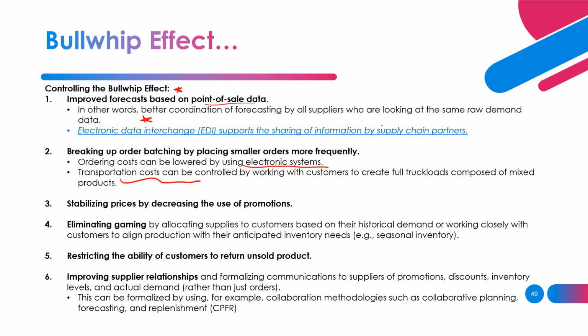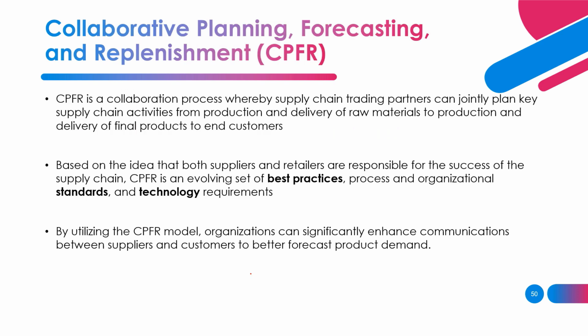As well as the most important one, we should improve the supplier relationship, that is with the help of collaborative planning and forecasting and replenishment system. That means we should communicate with all the supply chain partners about whether we are going to start promoting something, or we are going to provide some discounts, as well as talk about the inventory levels and the actual demand of the order. Okay. So this collaborative planning, forecasting, replenishment system is a very good system in order to control the bullwhip